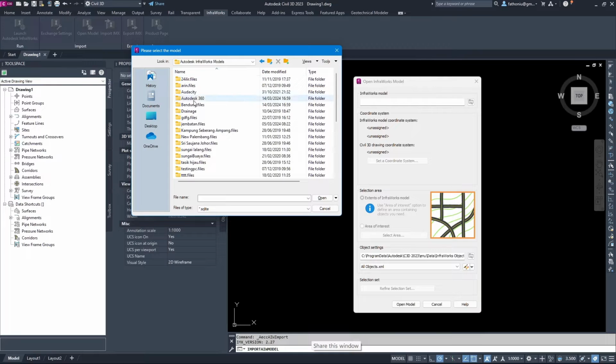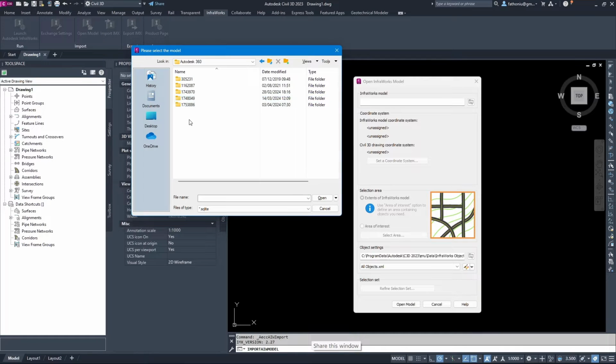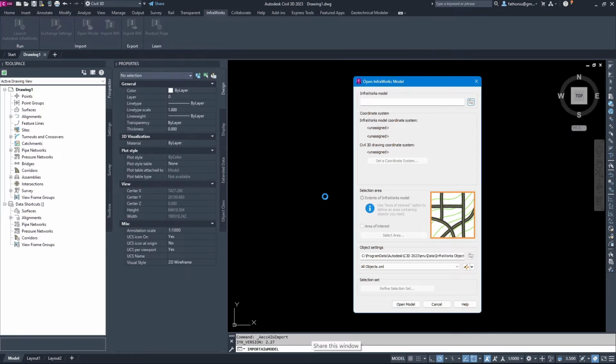Then inside here we have Autodesk 360. Then we have this model, Bukit Puchong SQ, right? We open it and then make sure the model is not open, so that it can